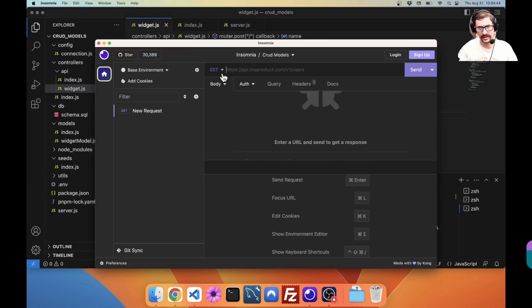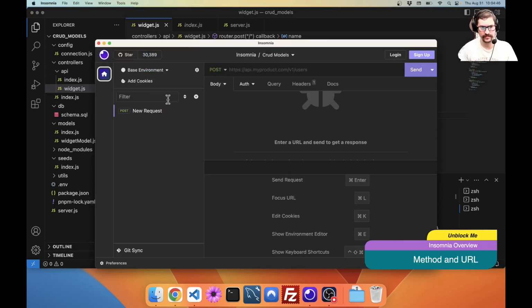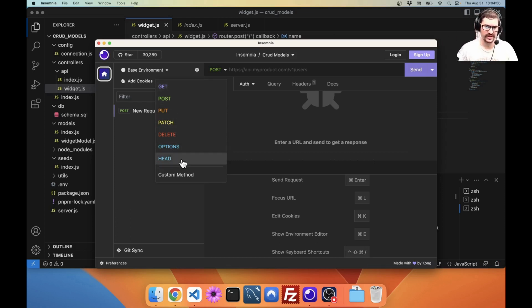So for starters, if I want to do my post method, okay, I change this to post. I click this. You can see there's a bunch of different options here. Get, post, put, patch, delete, options, and head. These two you don't normally ever worry about unless you're doing something special. I'm doing a post method. You want to start with